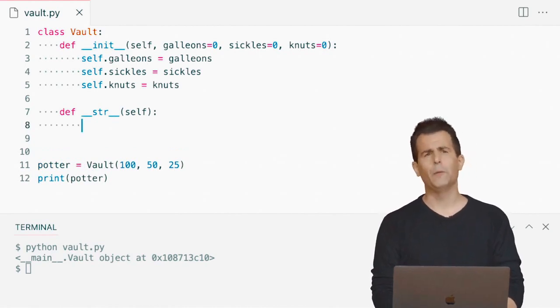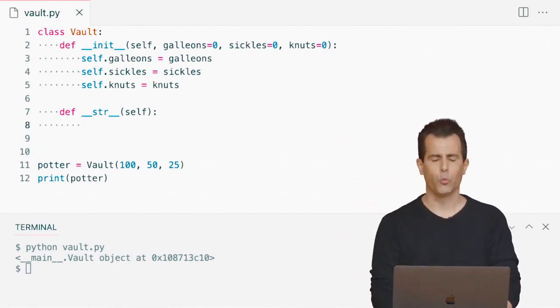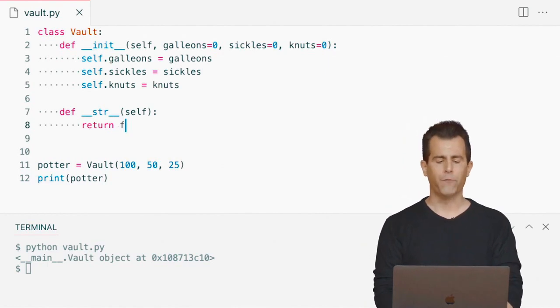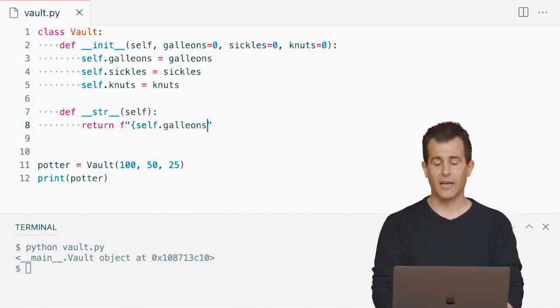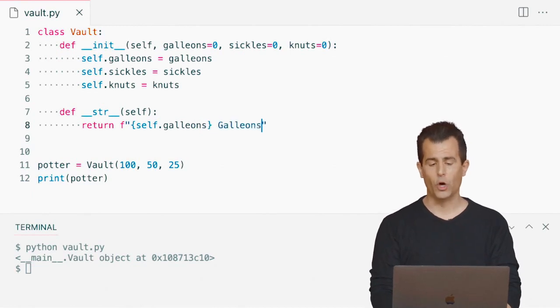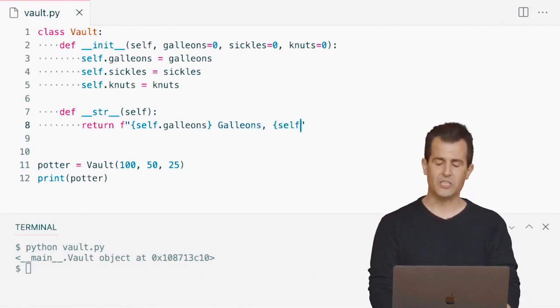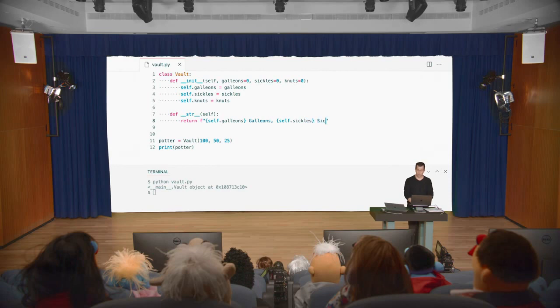And let's just return a very simple string that just reveals what's in the vault. So I'm going to return a formatted f string, inside of which is self.galleons, and then the word galleons, so I know which those are. Then let's do self.sickles, and let's output the word sickles. And then lastly, let's output self.knuts, and then knuts here. So I know in this string just how many of each of those coins I have in this particular family's